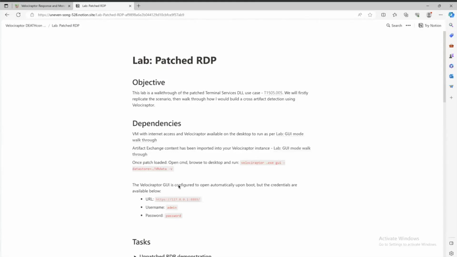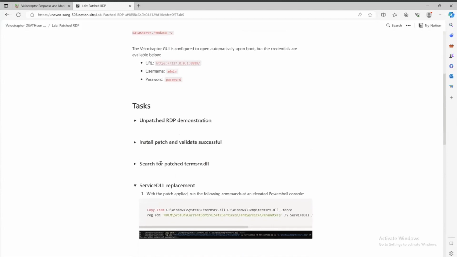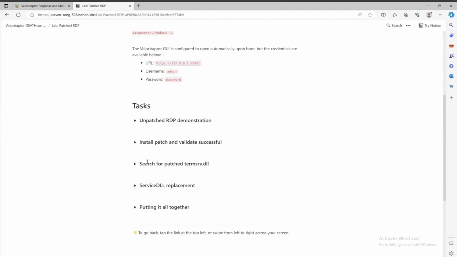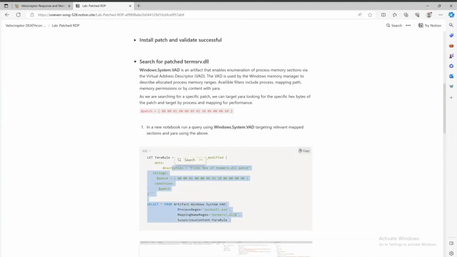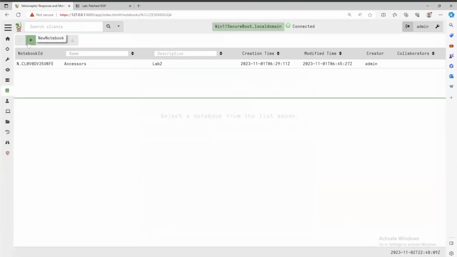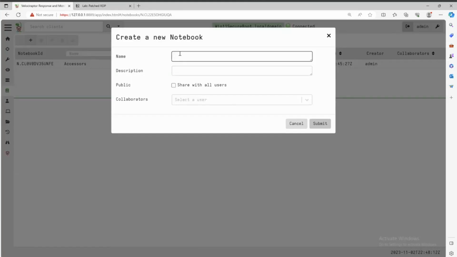So the next stage of this lab is we're going to actually search for the patched termserve.dll. And what I'm trying to replicate here is how I approach a detection of this type, in that I try to use existing built-in artifacts for ease of deployment. In the example I'm giving here, I'm using the VAD artifact again, and I'm searching for the patched DLL in memory. So what we need to do is create a new notebook